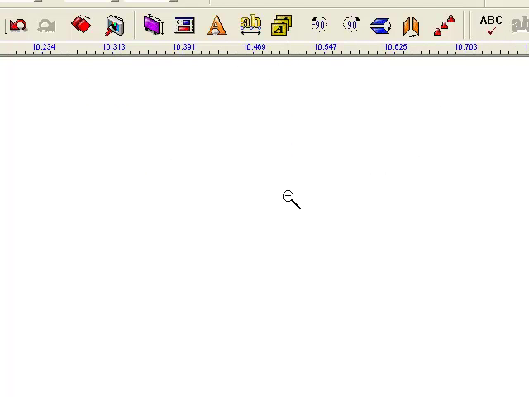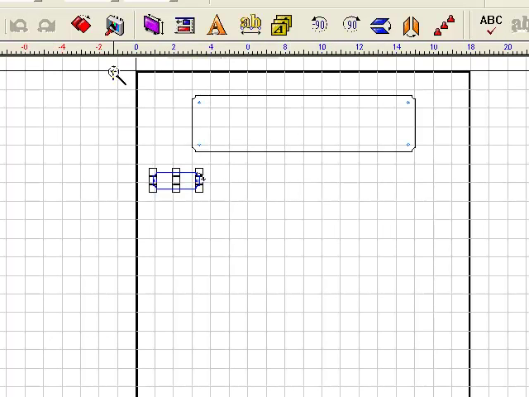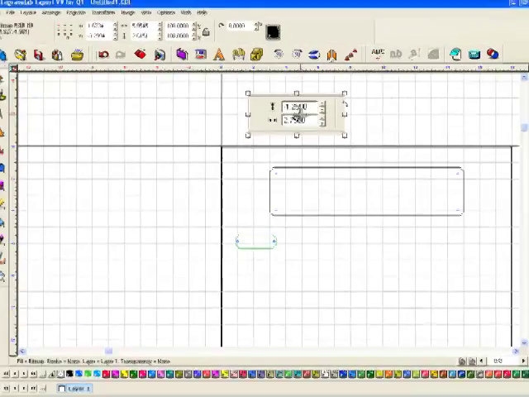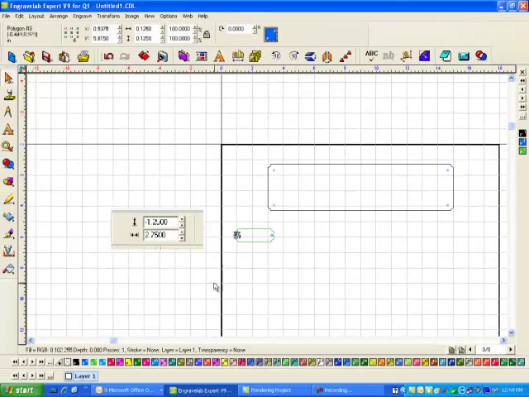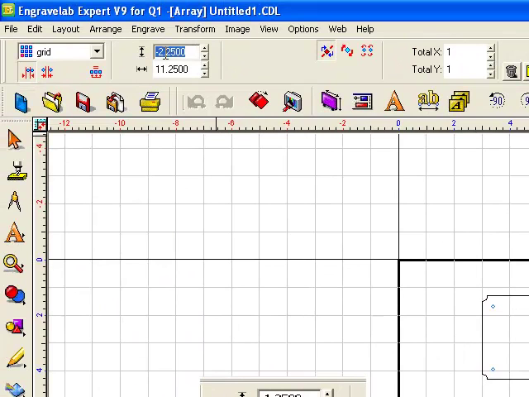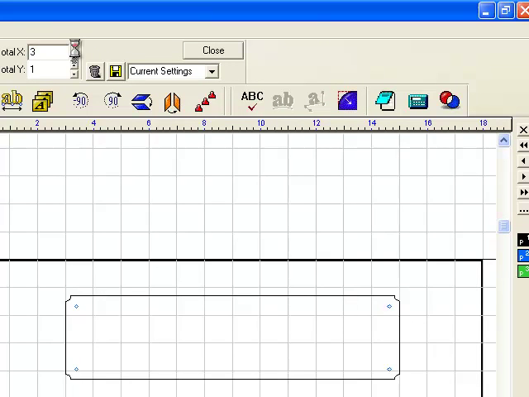So I'm going to go, oops, F8 to zoom out, zoom in here, F6 to see this number up here, which I could bring over here so I can see it. And I'm going to select this, and I'm going to go array, and instead of 2.75, I'm going to go, I'm sorry, that's going to be minus 1.25, and then this one is going to be 2.7. And I know I want 6 across, and I know I want 14, tab key down,